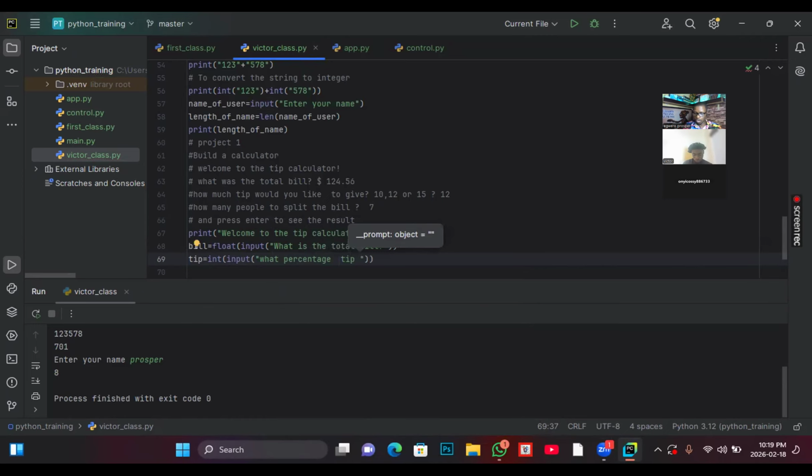What percentage tip would you like to give? Right? Now, for example, remember we have indicated 10, we have 12, we have even 15. So the user should reply that they want to give a certain percentage. Right? Now the next question is: